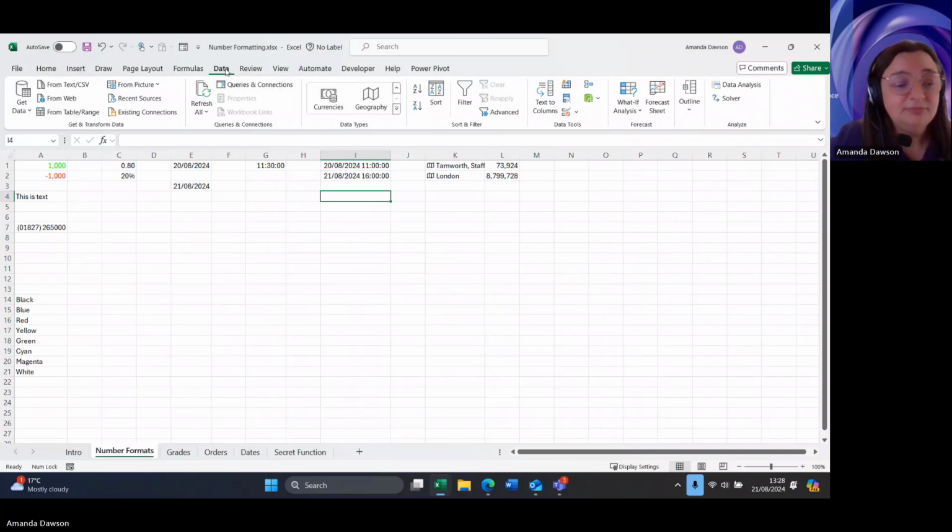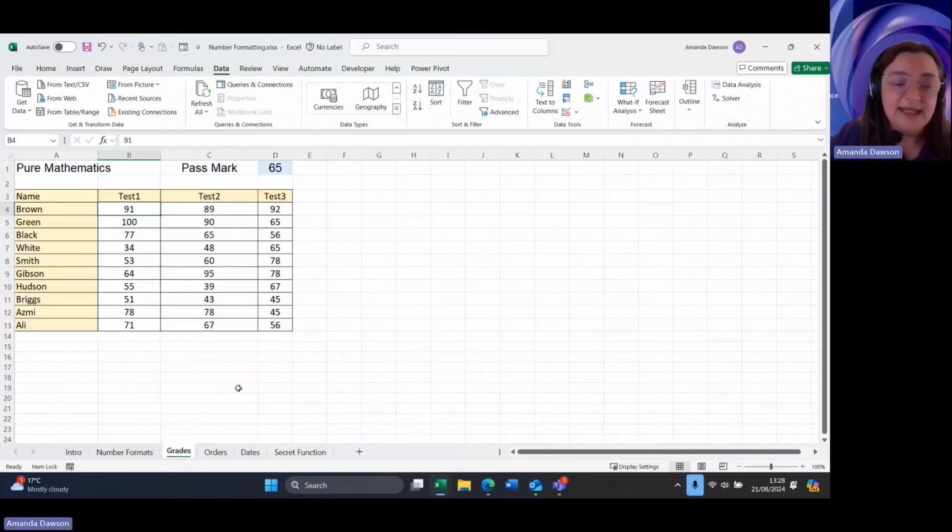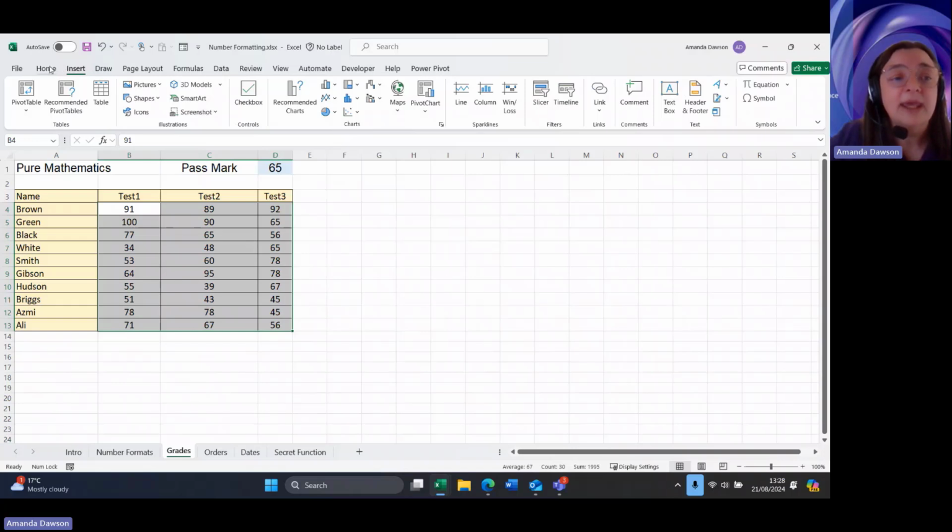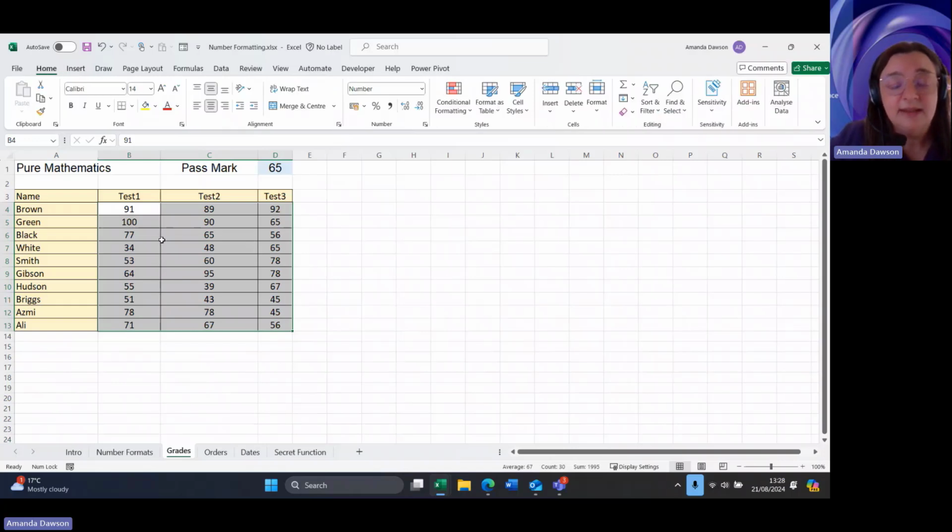So I said we were going to look at using some conditions in number formatting, and here I've got some grades. So they sat pure mathematics tests rather than me. They've done 3 of them. I've got their names down here, and their results for the 3 different tests are over here. The pass mark is 65. Now, I don't know about you, but a quick glance at that doesn't tell me who's passed and who's failed the tests. So I'm going to create a number format that will make it easier for me to be able to see that. I'm going to display the word pass in green if they've passed, and red and fail if